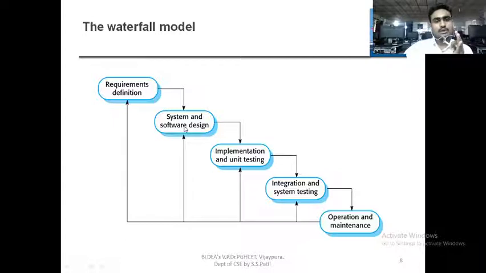Once we know what the requirements are, next we think about what type of hardware we require, what type of software we require, and which system process we are going to follow. Those things come under system and software design. What are the software requirements, what hardware is required, and what will be the system design, that is nothing but a blueprint.